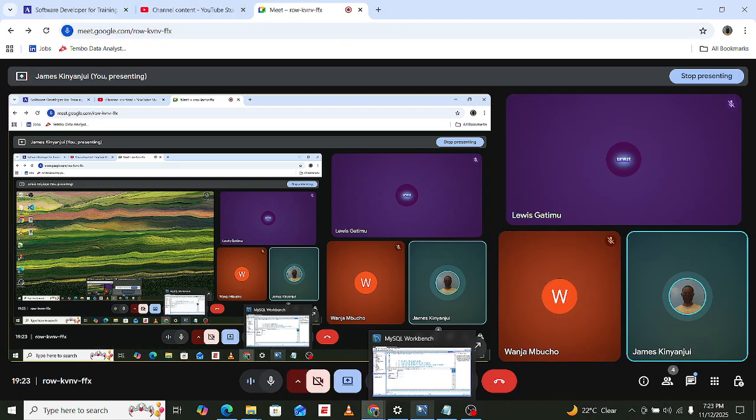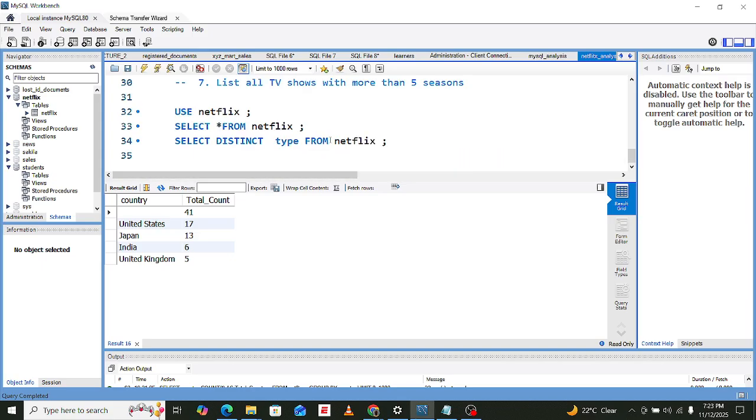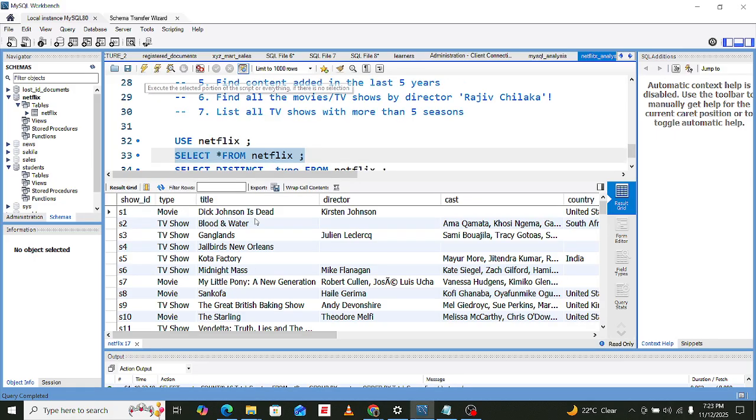So this is a good attempt, Lewis. But we need to check this data set very well.